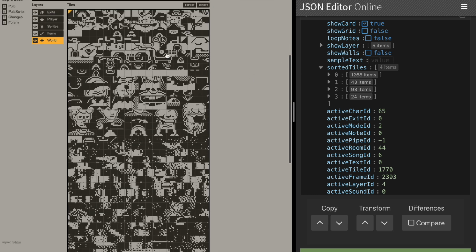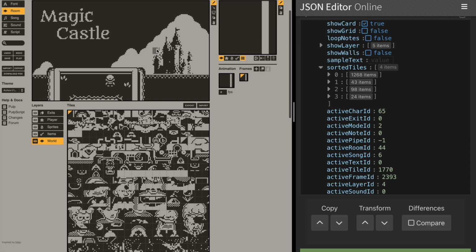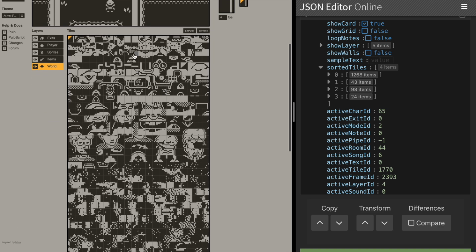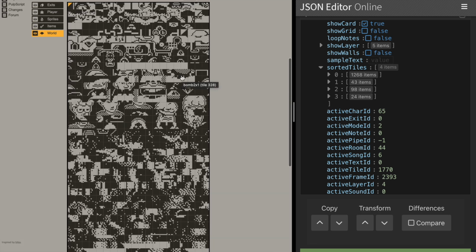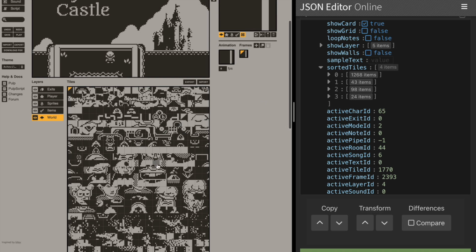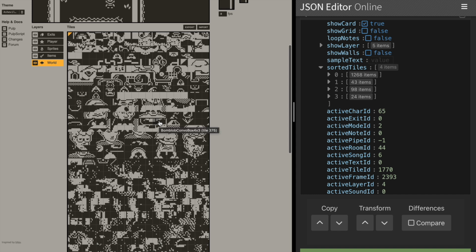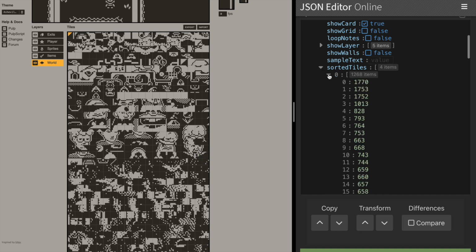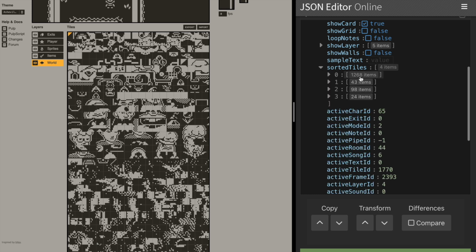Basically, I had so many imported screens and imported assets that this whole list was just one big scroll fest, and it was very difficult to find anything on that list because it had a couple of thousand items on here. So I still wanted to add more world tiles, but scrolling between them was just a pain because there were huge sections which I didn't touch, and I knew that they would stay in the game. So what I did, I just opened the JSON editor and I removed the first like 4,000 items